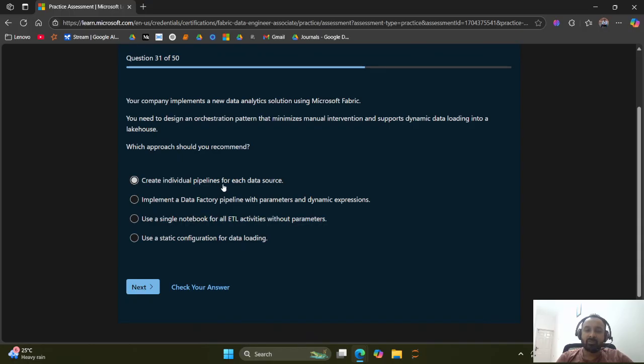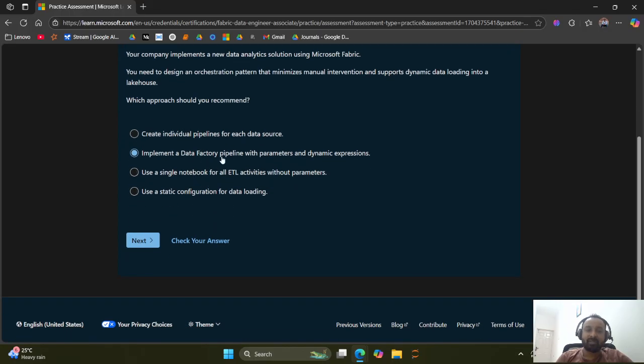Creating an individual pipeline for each data source does not look like a dynamic approach, right? Implementing a Data Factory pipeline with parameters and dynamic expressions looks like a correct answer, but let us go through the other answers and validate it. Using a single notebook for all ETL activities, without parameters, means static configuration, so that eliminates it. So definitely, implementing a Data Factory pipeline with parameters and dynamic expressions should be the right answer,